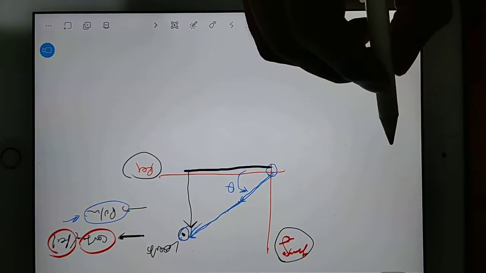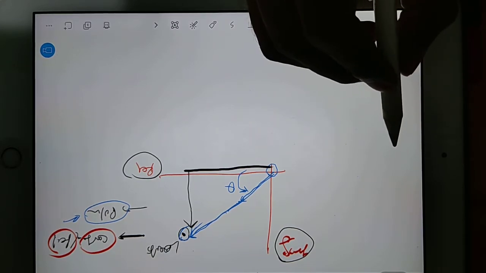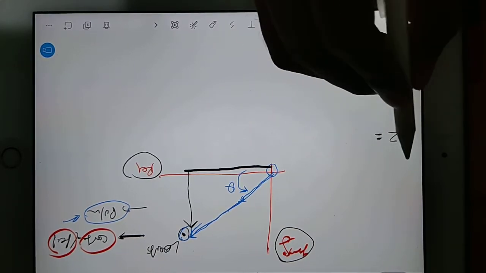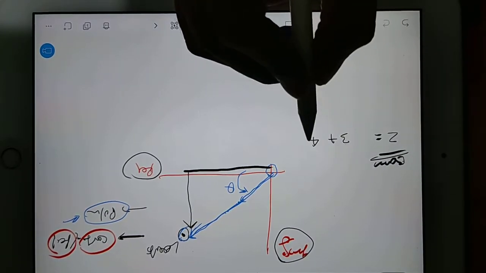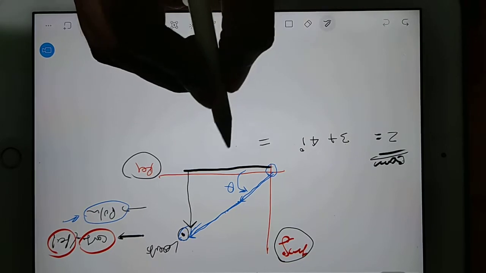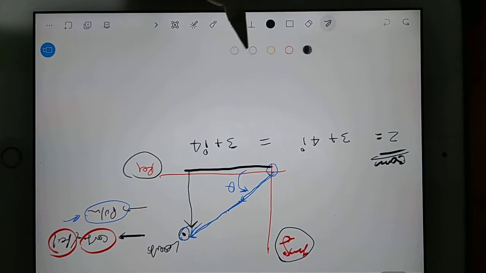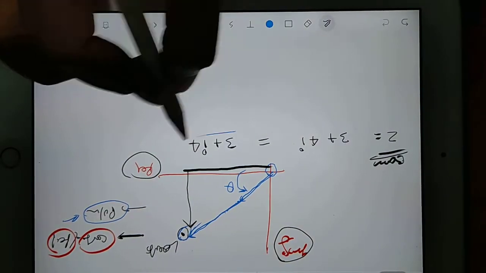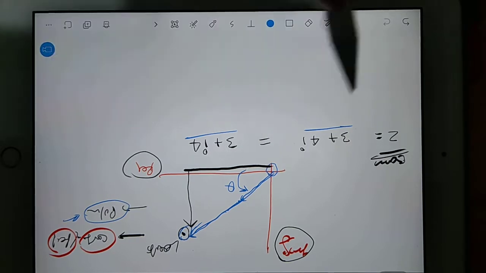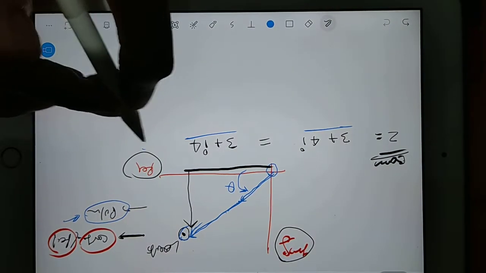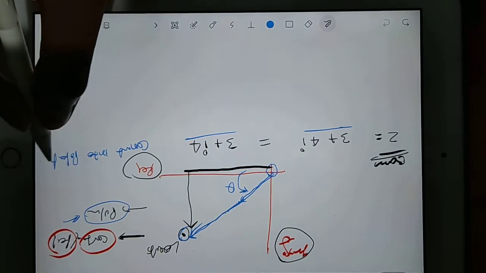Suppose I have a complex number z equal to 3 plus 4i, or sometimes you can also write it like 3 plus i4, anything. Now when we write this in this format, it is called rectangular format. I want to write this into polar format. So I can frame the question as: convert into polar form.